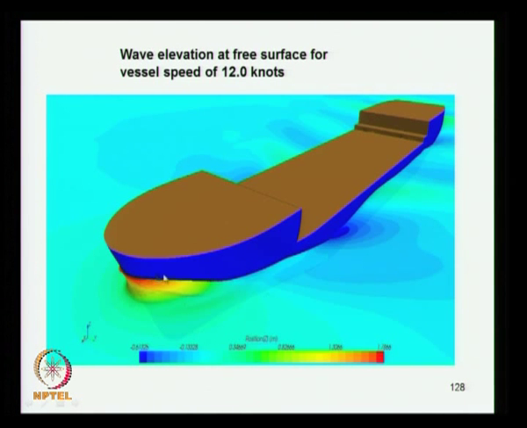So if you redesign the form, reduce the shoulder, and provide a bulbous bow, this being a vessel without a bulb, obviously it is going to reduce the wave size and reduce the resistance of the ship. So the CFD analysis throws light on these aspects. It gives information about the wave formation, and also the flow pattern, the velocity around the body, which increases the frictional resistance and so on. So this helps in doing that.